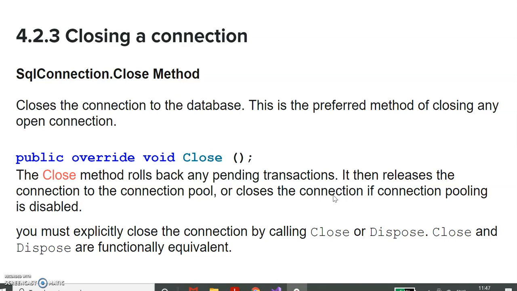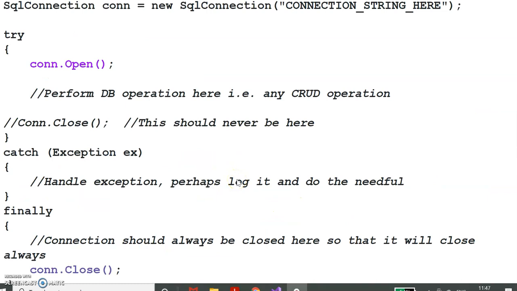But suppose the users are not willing to use the connection pool concept, and they have set the connection pool as false, as disabled, then the close method will close the connection totally. Otherwise, if the connection pool is used, it will release the connection to the connection pool for the next operation. So this is the use of the close method.